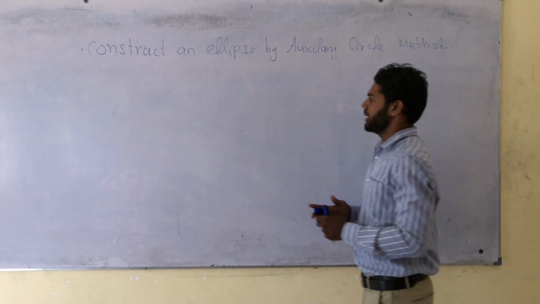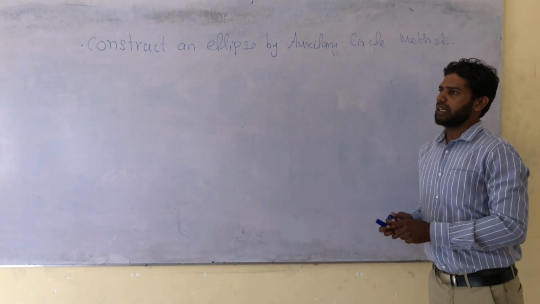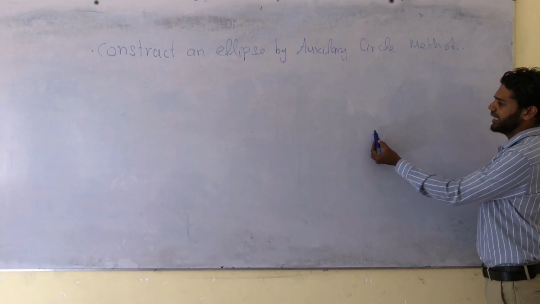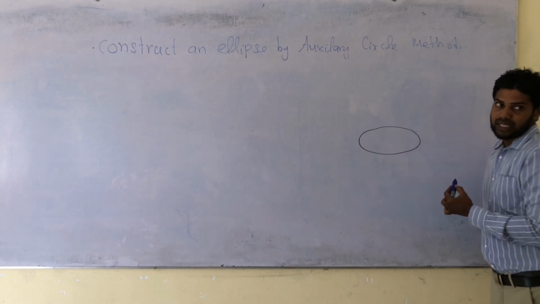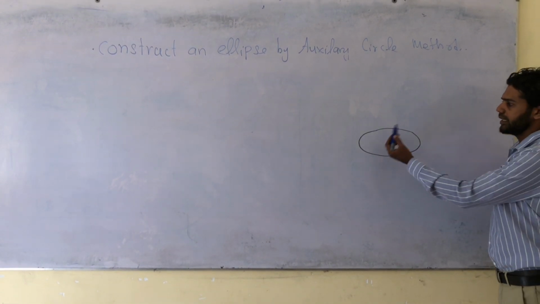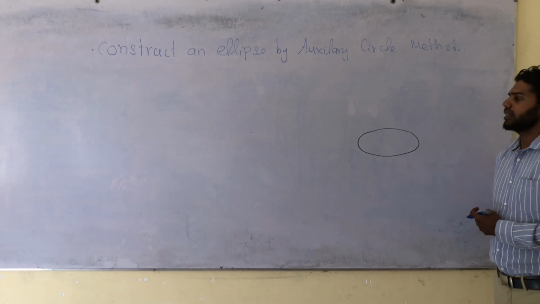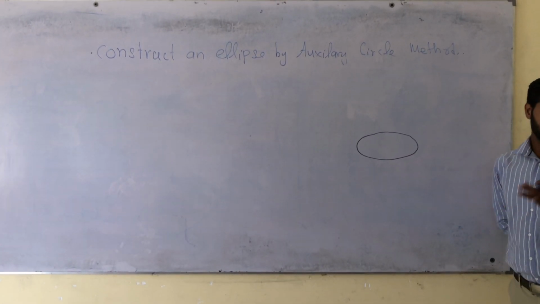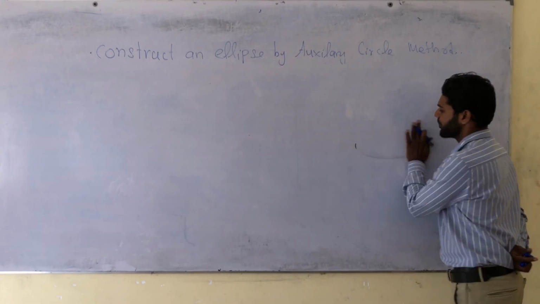Let's start. So ellipse, all of you know how to draw an ellipse. It's like, not a circle, but this we call an ellipse. So today we are going to draw this kind of ellipse. How can we do it? So the first step,